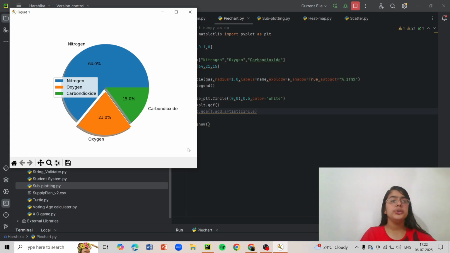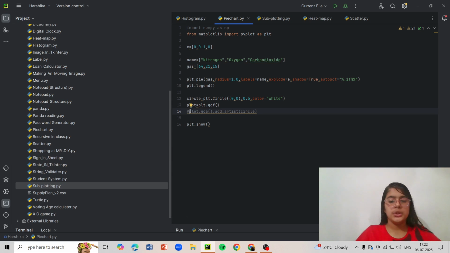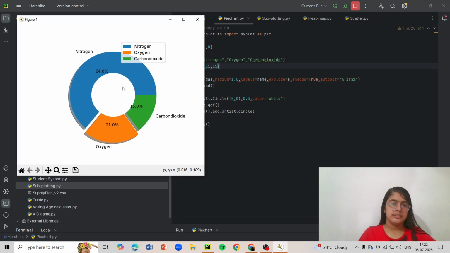And if you want to put a main subplot or a main title, where will you put it? Putting it above will not look as nice. So we use an inner circle. We make an inner circle in which we can write something. So over here I can write gases, but right now I've not written anything.